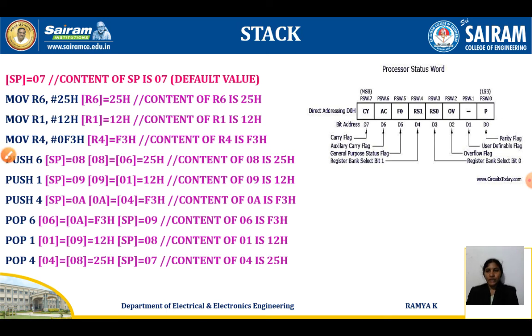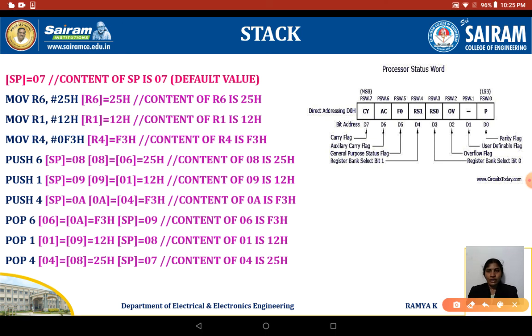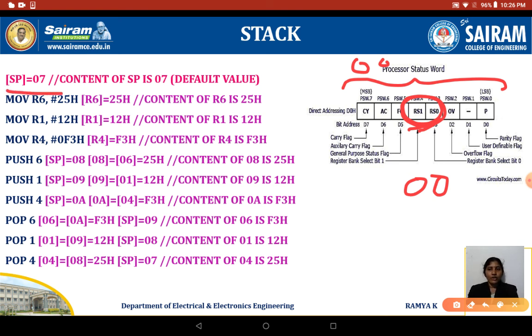When you see this particular example, before you start, on reset, that is when you are resetting your microcontroller, all these particular bits will be set to 0. At that moment, what is the data available inside RS1 and RS0? It is 00. So on reset, by default, register bank 0 will be selected. At that moment your stack pointer address is going to be 07 because bank 0 is already selected. So by default on reset your stack pointer address is going to be 07.